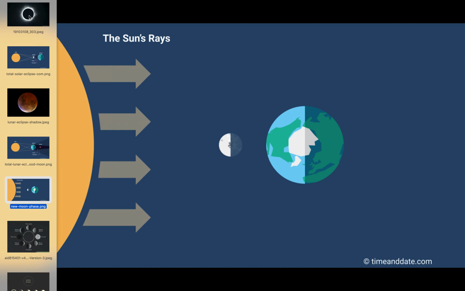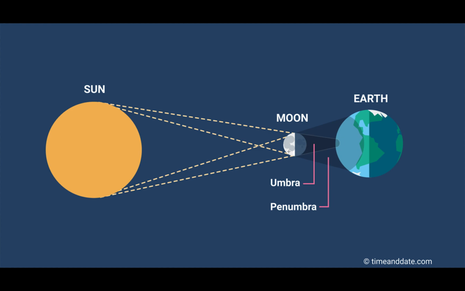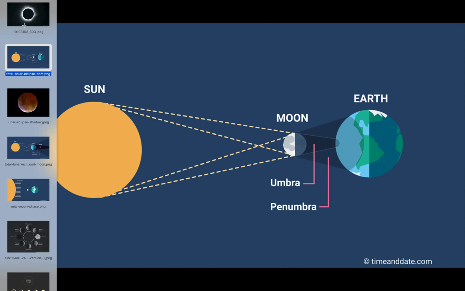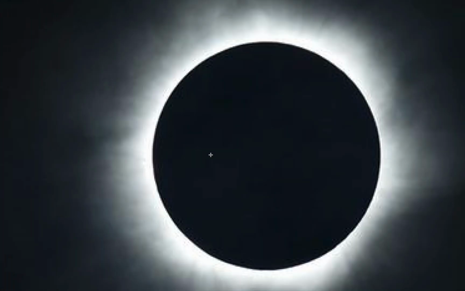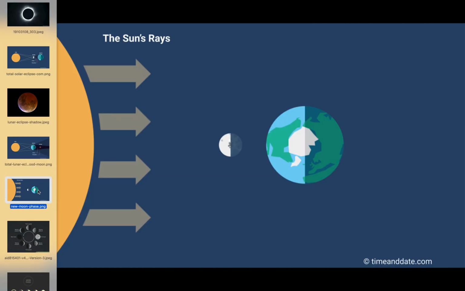So if there's no evidence that the new moon is there, and this is supposedly how a total solar eclipse happens, where the moon gets in the way between the observer and the sun, then there's no evidence that this is the moon. So during a total solar eclipse, there was no evidence that it is the moon blocking the sun. It may be the moon, I'm not saying it's not, but there's no evidence that it's the moon, and there's no evidence that there is anything in the sky during new moon here,